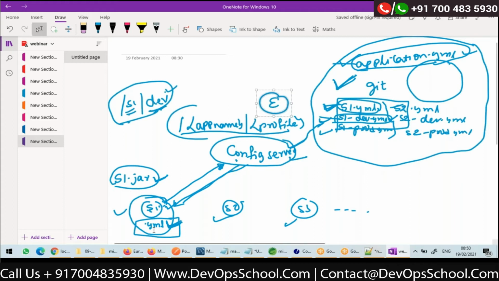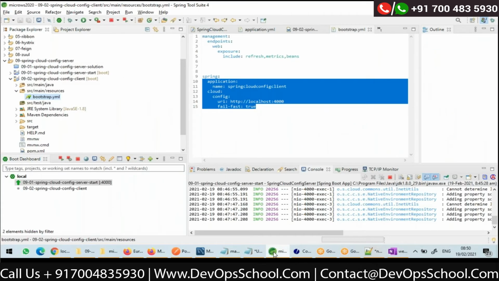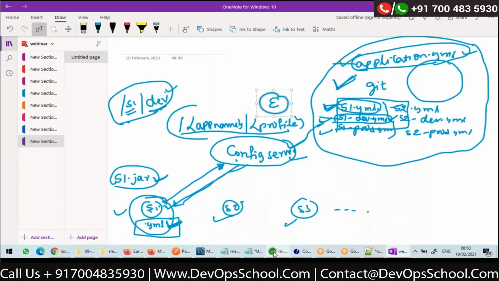So whenever I am adding Spring Cloud config client or any of the Spring Cloud modules, the Bootstrap auto configurations will be added in the class path. Bootstrap configurations will be added whenever you add any of the cloud modules.